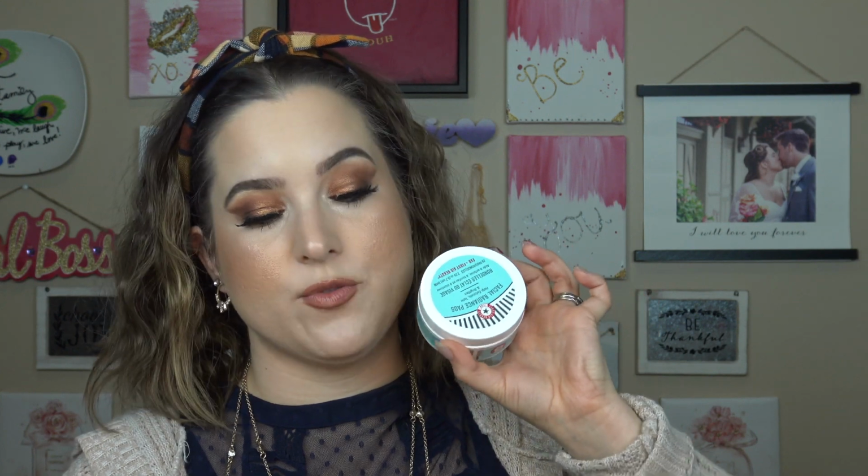They don't have very many affordable products there. It says a daily treatment pad that contains the right amount of lactic and glycolic acids to safely and effectively... wow, I cannot read today. Let's try that again. To safely and effectively exfoliate, tone, and brighten all skin types. Regular use of these pads will smooth the skin's texture, providing the perfect canvas for flawless makeup application. This is right up my alley because pores and texture are definitely two of my main concerns, with wrinkles being